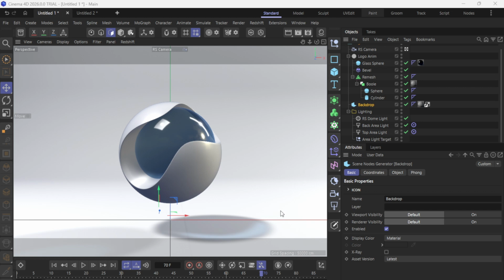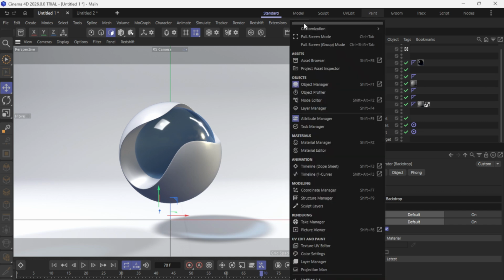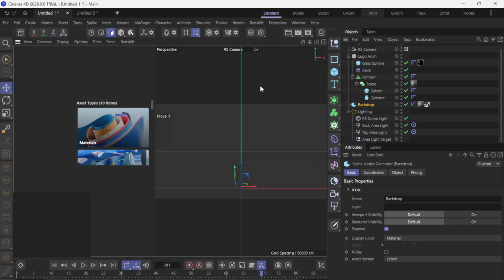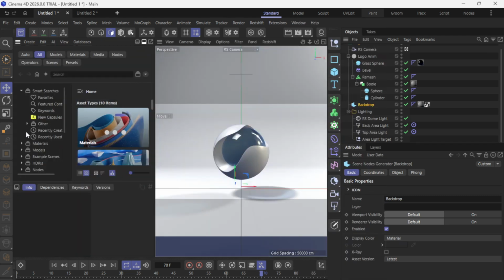The Asset Browser is your central hub for organizing everything you use in Cinema 4D: models, materials, textures, presets. It groups these items into databases. Think of a database as a neatly labeled container for related assets. This structure keeps your work tidy, makes assets easy to find, and helps you reuse them across projects without digging